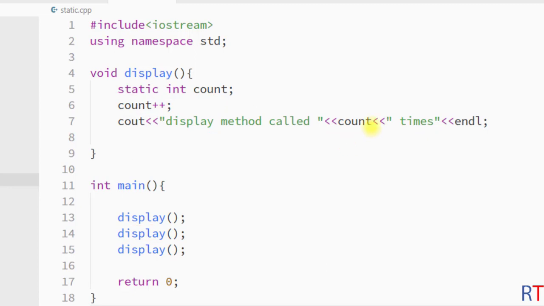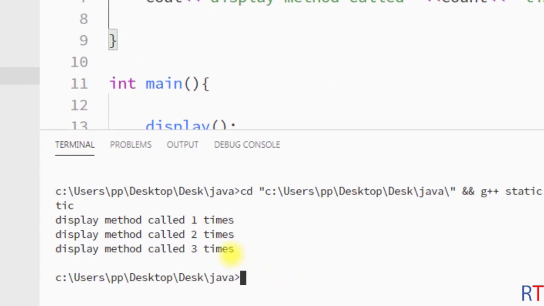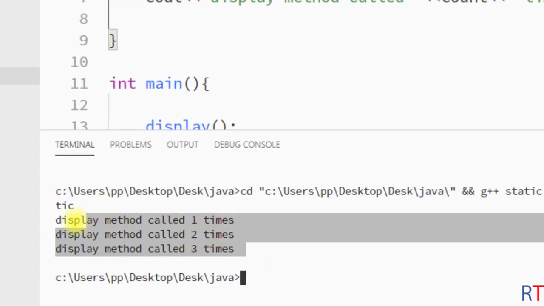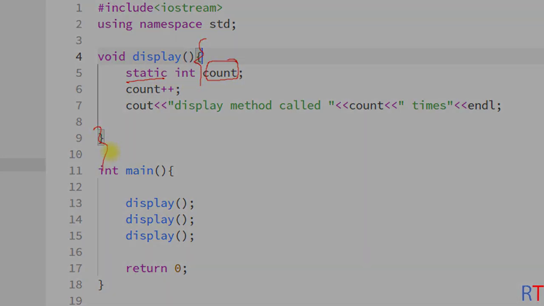So now we're going to save this program and run it, and you can see the output. We have a proper count of the number of times the display method has been called, and that's only possible because of the static variable which can retain its value even when it goes out of the scope.